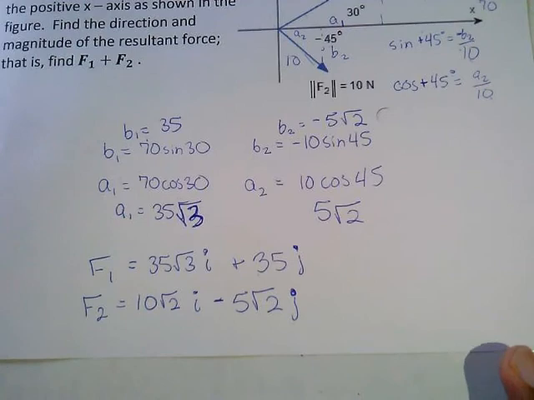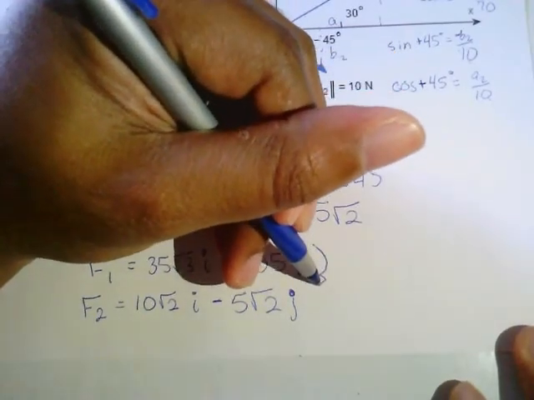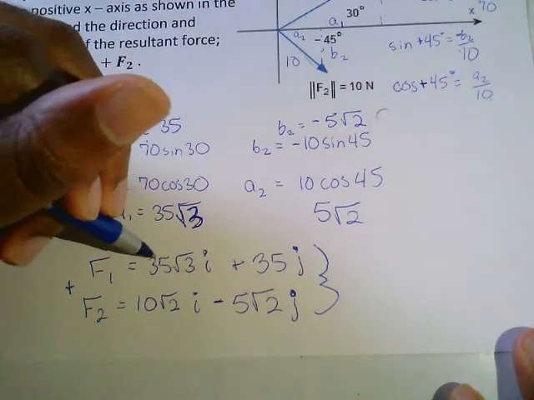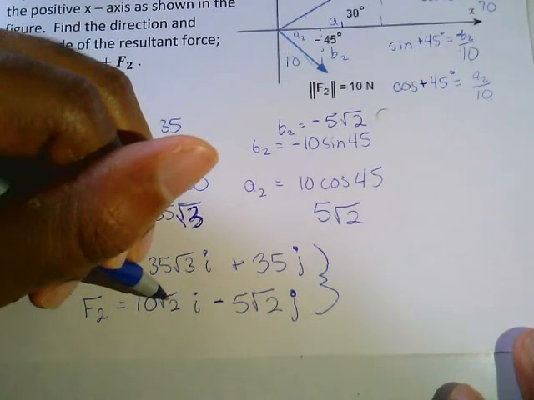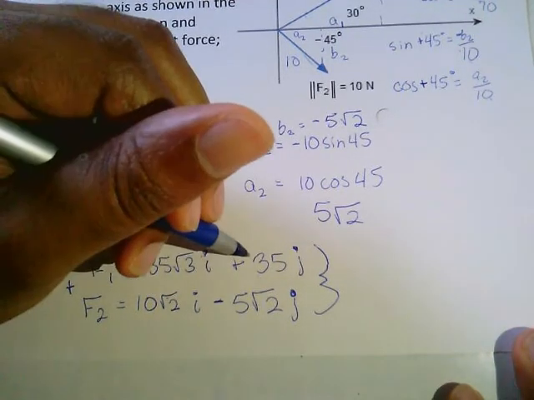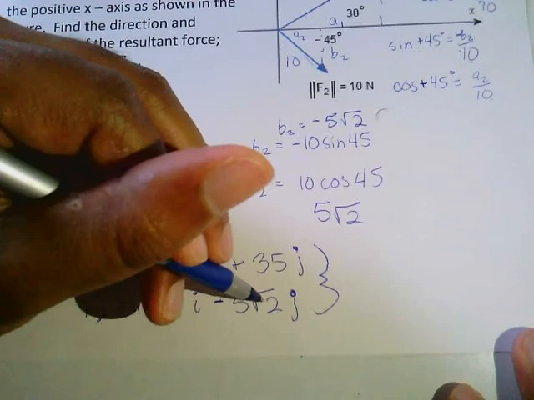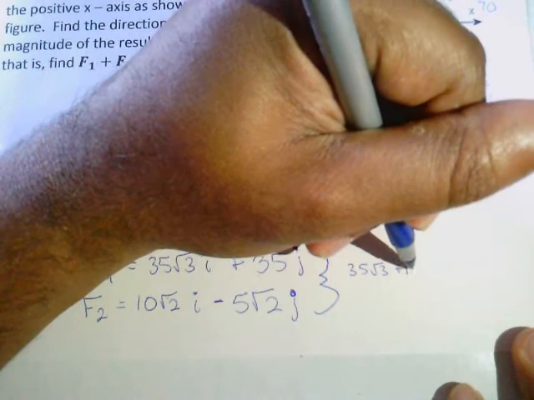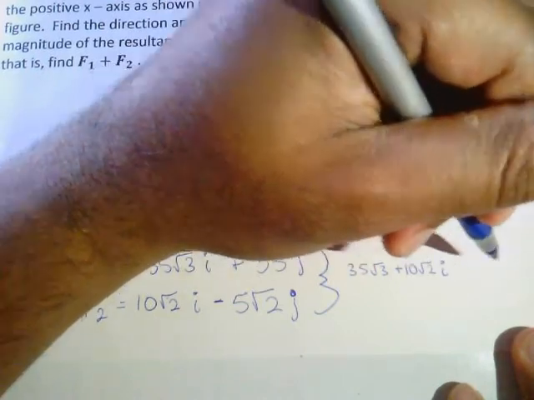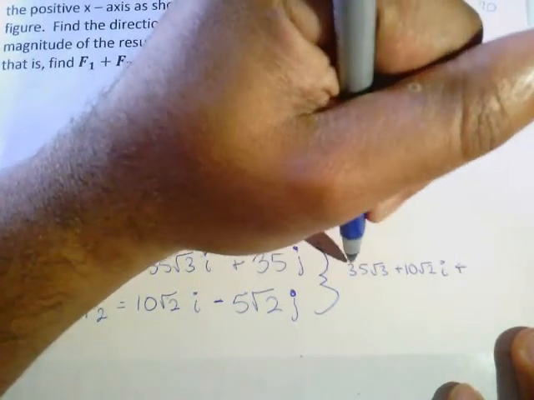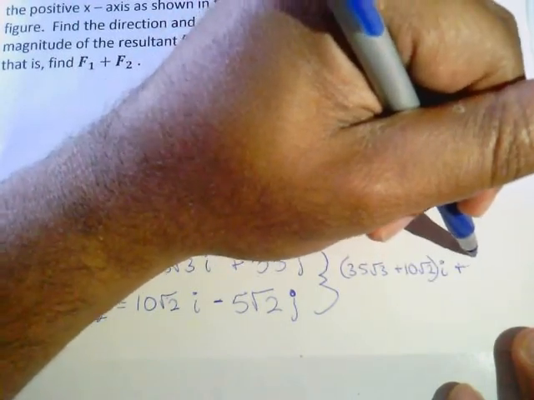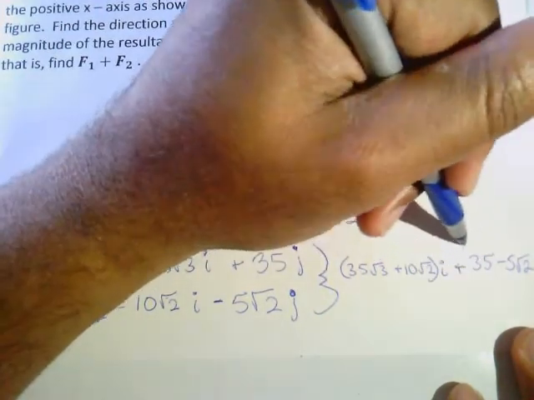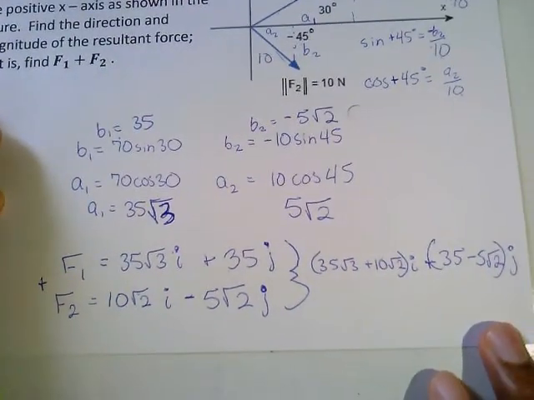So our result is going to be the sum of these two. So we add F1 and F2, and we end up with 35 square root of 3 plus 5 square root of 2 I plus 35 minus 5 square root of 2 J. And we'll put these in parentheses. So this will be 35 minus 5 square root of 2 J. So our final answer will look like